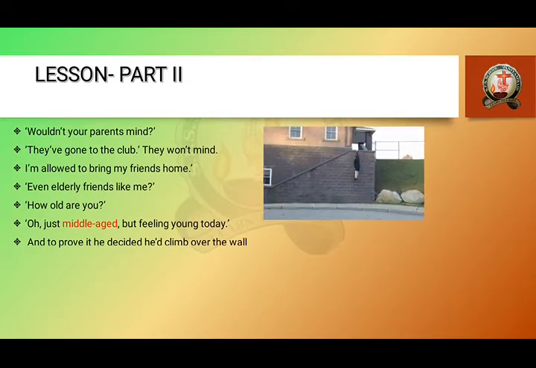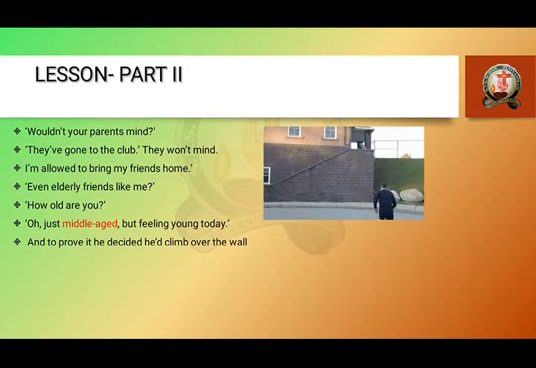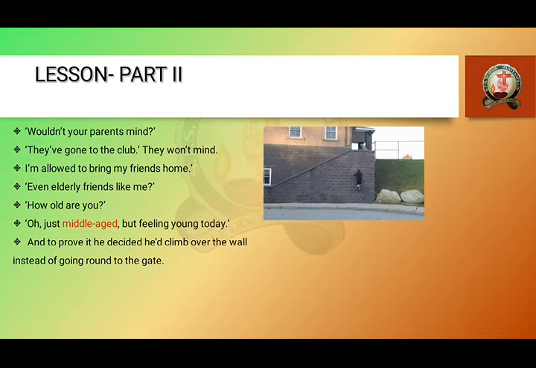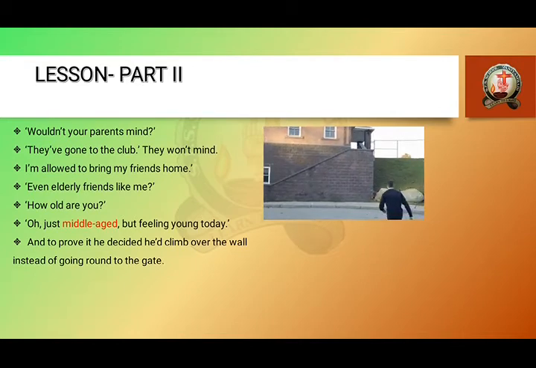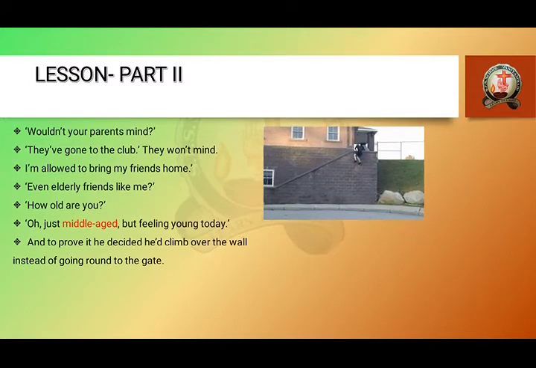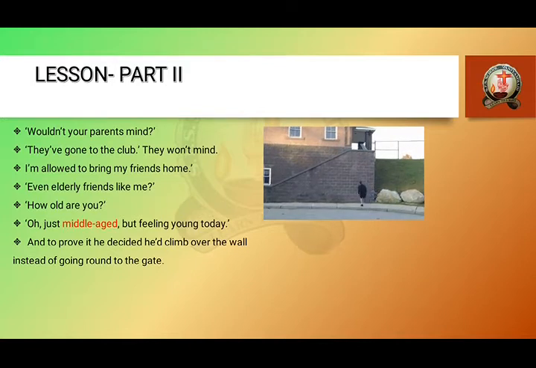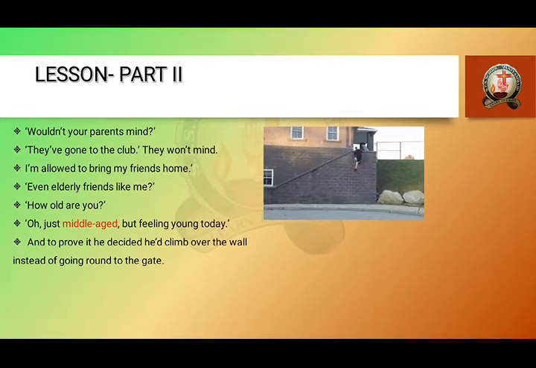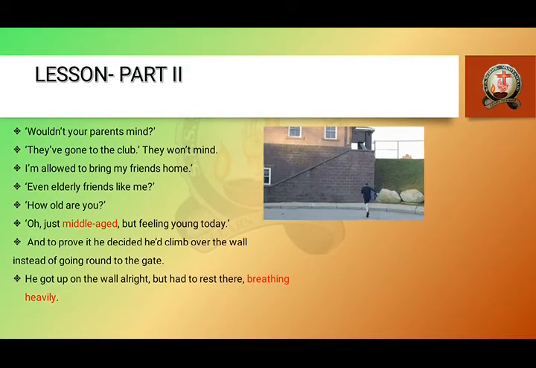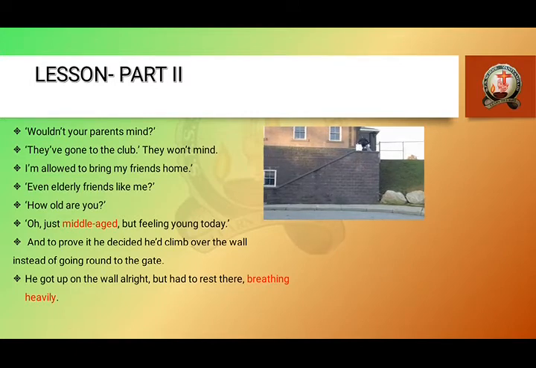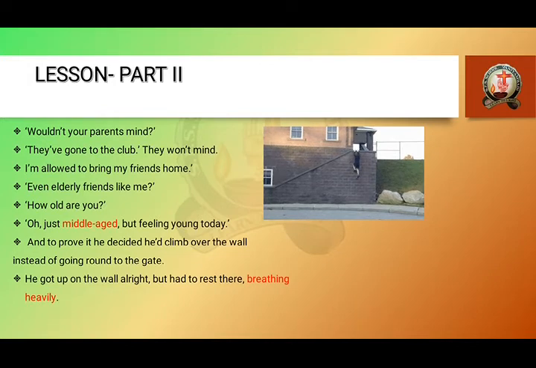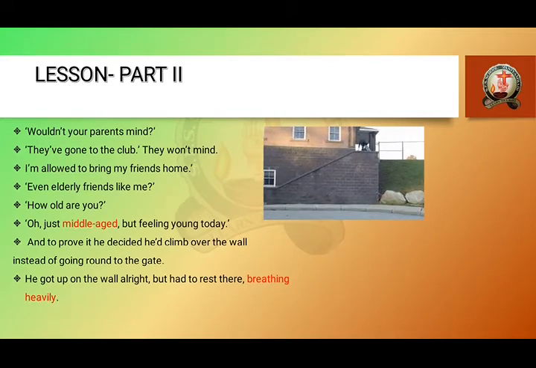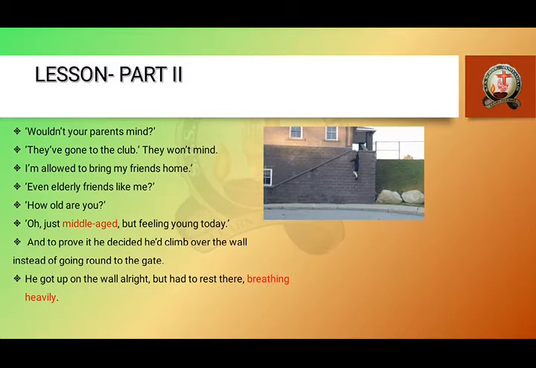And you can see the picture of a man who is climbing up the wall. Like this, the man is climbing on the wall, instead of going round to the gate. And usually, how do you enter the house? Usually, all the people will enter the house through the gate at the entrance of the house. But see what this man is doing. This man is climbing up the wall. Why? Because he wants to prove that he is of young age. Hence, he climbed over the wall. And he got up on the wall all right, but had to rest there, breathing heavily. Because of his age, he had the capacity to climb the wall, but with some difficulty. He found himself breathing heavily. He gasped for breath